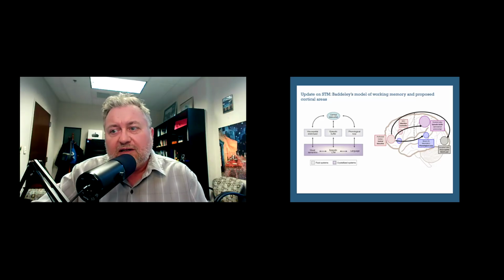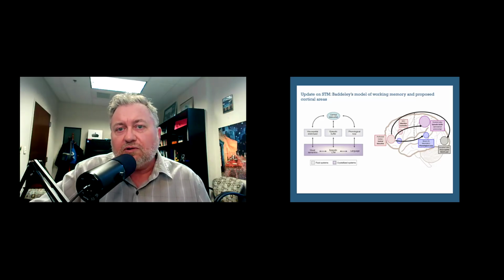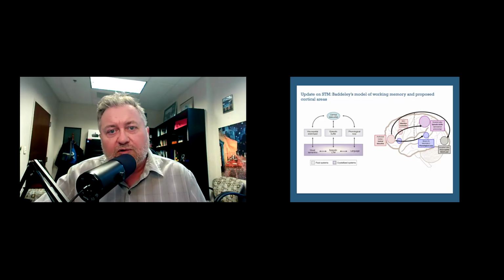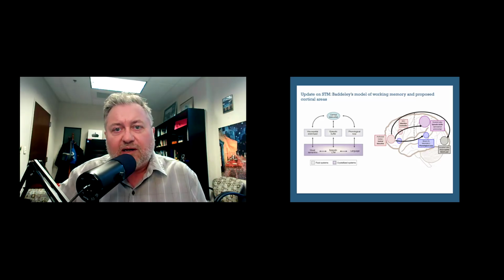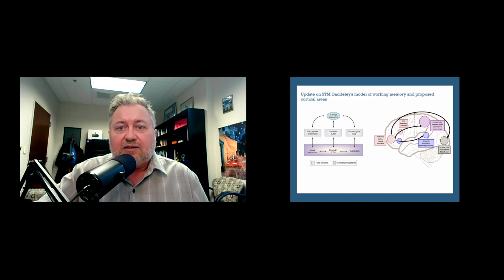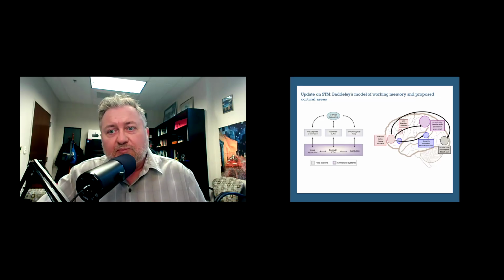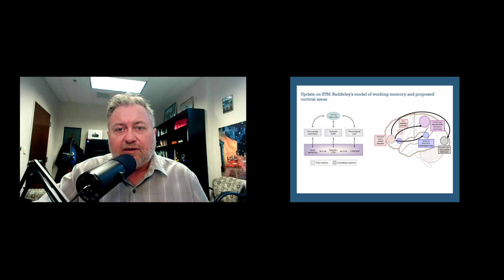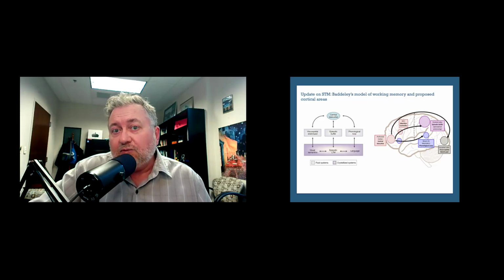So we have reason to believe that these different brain regions play an important role in those different components of working memory, but I don't want to be too beholden to saying this is exactly how it maps onto the brain. But nevertheless, a good lesson from this is about this equipotentiality business, right? It means that for a task that is more visual or spatial in nature, those visual areas of the brain are going to be more important and contribute more to the performance of that task compared to, say, the linguistic parts of the brain.